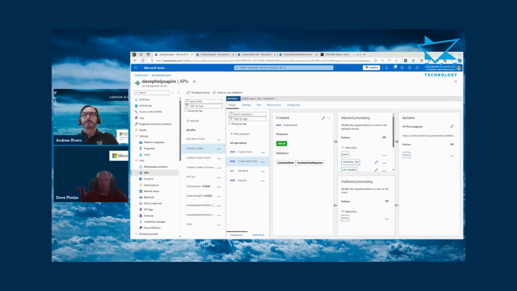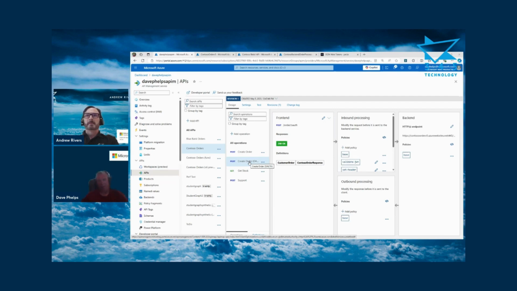Okay, so I know that we're talking about logic apps here primarily, but we so often see API management sat in front of logic apps that this demo begins its journey in API management. And what I have here is an API in API management, and it is protected using Azure AD,